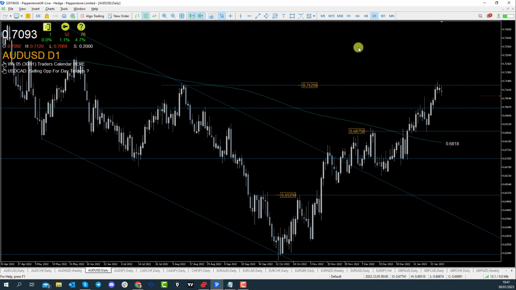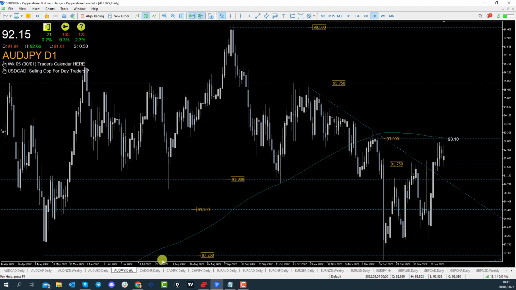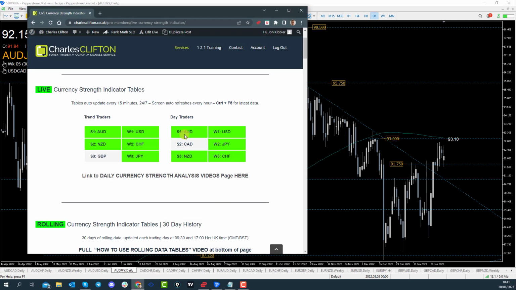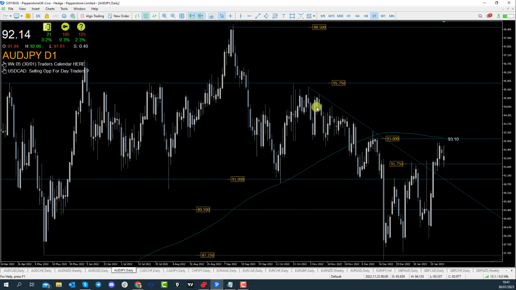Now, obviously, another chart that we like as well is Aussie yen. Aussie yen, really like the opportunity long on this market. You can see the momentum in the yen W2 here. So I'm looking to see if we can see opportunities to the upside. And what we can actually